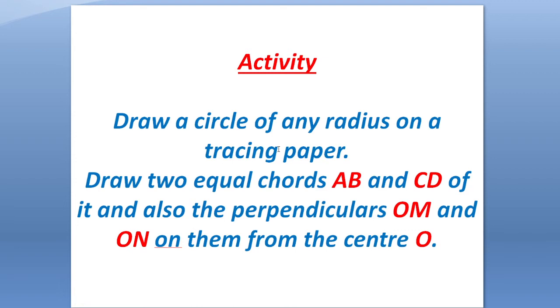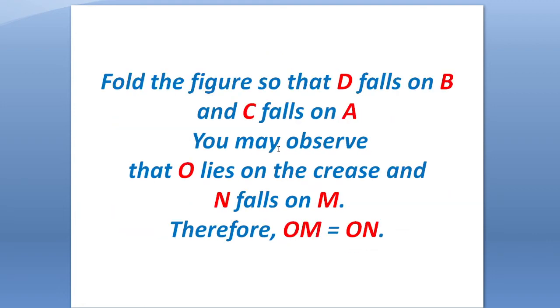Draw two equal chords AB and CD of it and also the perpendiculars OM and ON on them from the center O, and fold the figure so that D falls on B and C falls on A, and you may observe that O lies on the crease and N falls on M. Therefore OM. So see here,